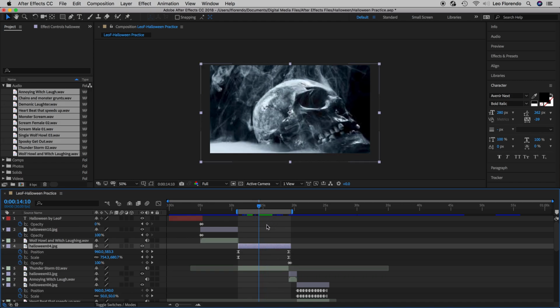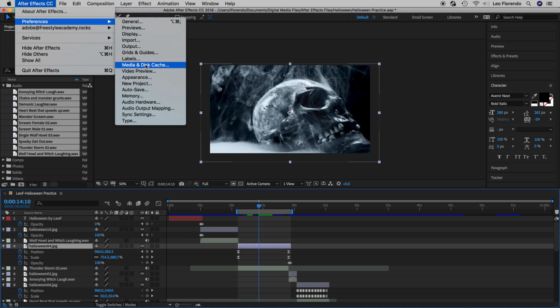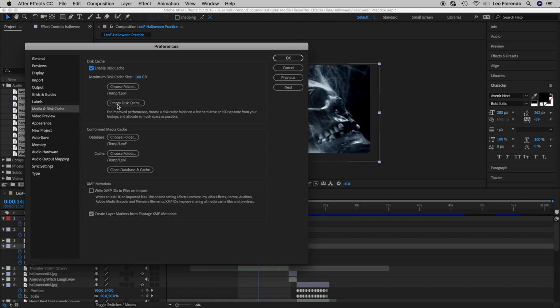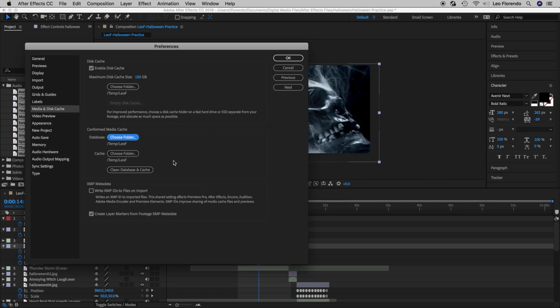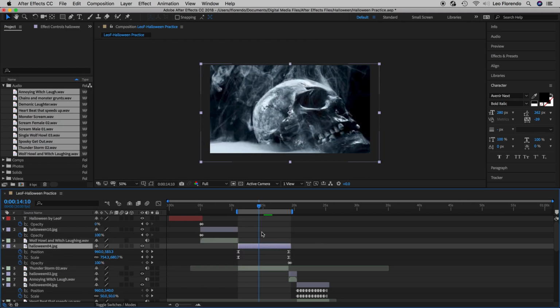So another way you could solve the problem is to clear the disk cache. So that's where you go. After Effects, Preferences, Media and Disk Cache. And right here you could empty the disk cache. So look, it has 209 gigabytes of crap that it had to create. So if you clear it, deletes all that stuff. So now that's cleared. You could also clear the database and cache if you want. Alright, then hit OK. So now if you hit spacebar,